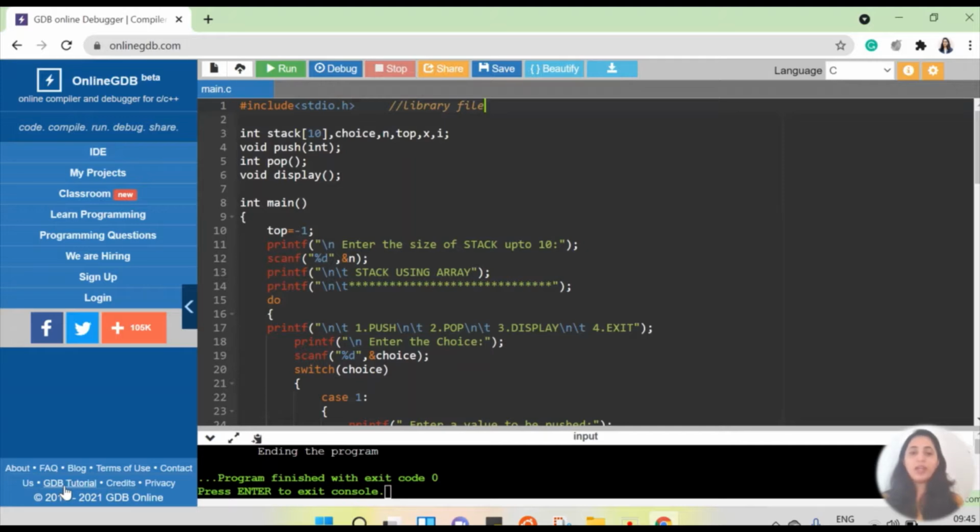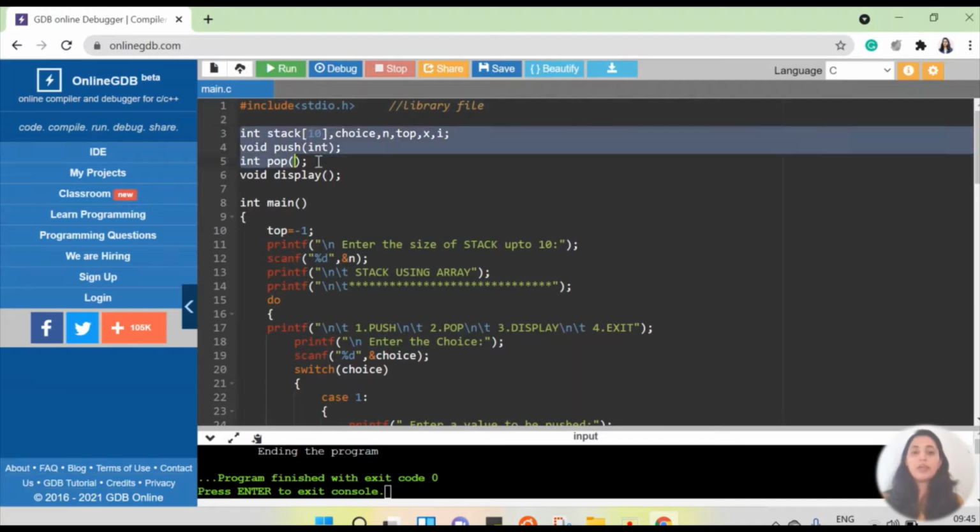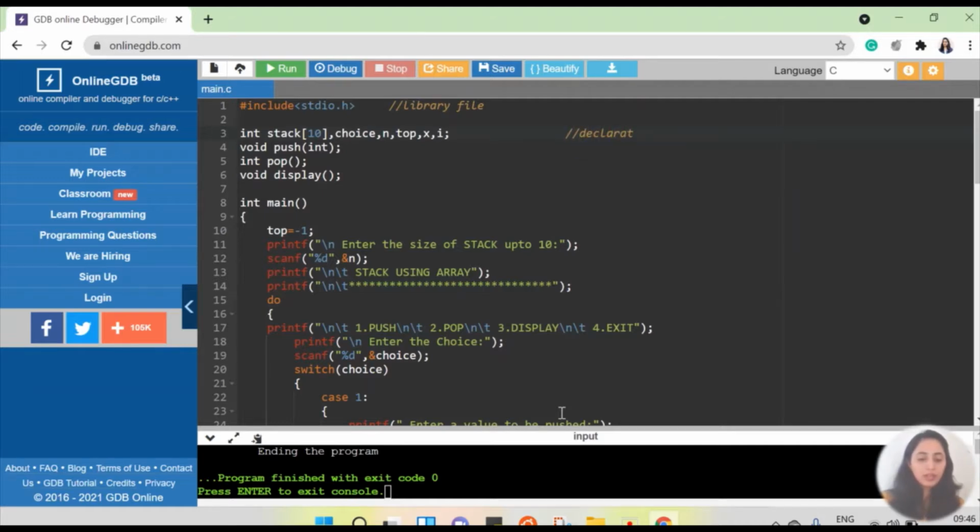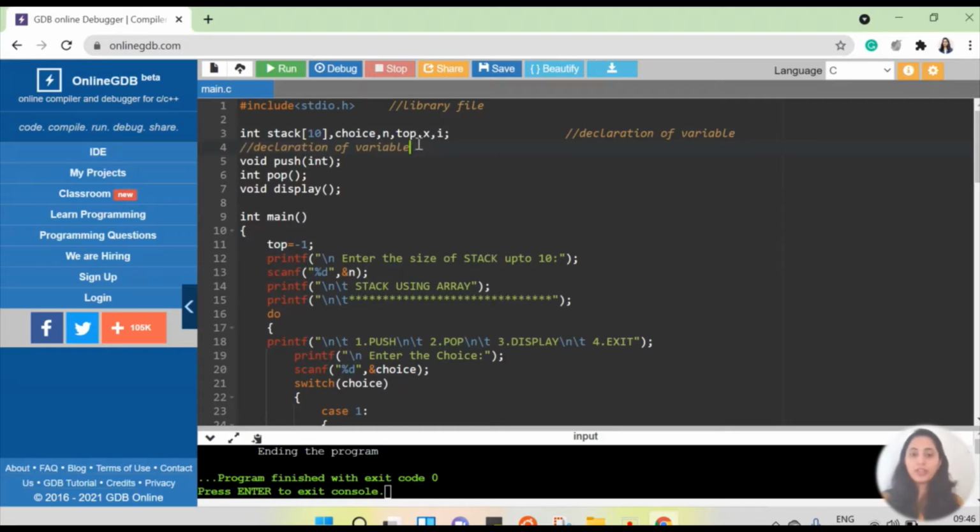So along with using stdio.h, we can use the functions or the default keywords which the C programming language allows us to use. Okay, so now going ahead, in lines number 3 to 6, these lines are called declaration lines. In this I'm declaring the variables, and in the next three lines I'm declaring the functions. So I'm going to use three functions in my program.